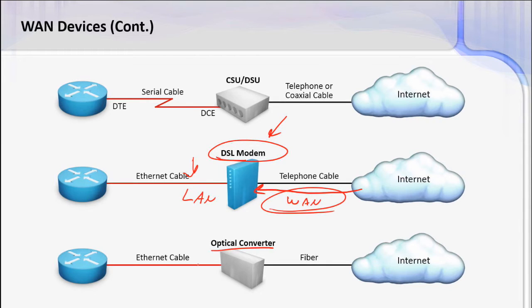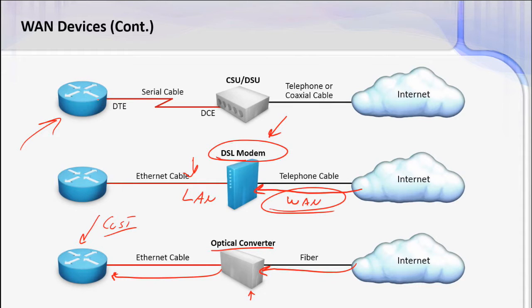An optical converter is what I've got for Fios. They bring fiber down the street and into your house. And then in your house, you've got a box mounted to the wall, and it's just an Ethernet handoff. And now here's the customer device, which in my case is an ASA. When looking at serial connectivity, this is what they're going to probably ask you about on the CCNA exam. They're going to target your knowledge of this.